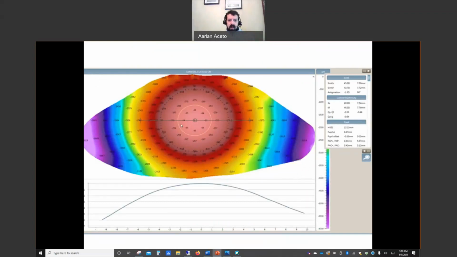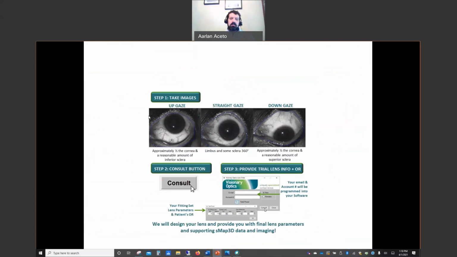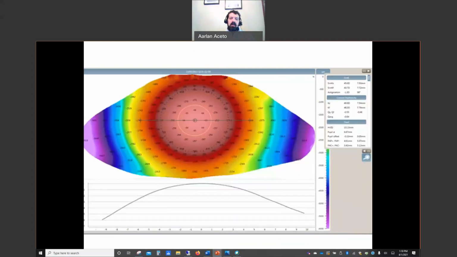But I wanted to talk a little bit more about measuring the topography. Now, because we're doing more stuff with things like scleral lenses, which are not just centrally located but really going off to the edges, we now have topographers that take additional measurements, not just corneal, but corneal, limbus, and scleral curvature. And you can start to see how cool this is